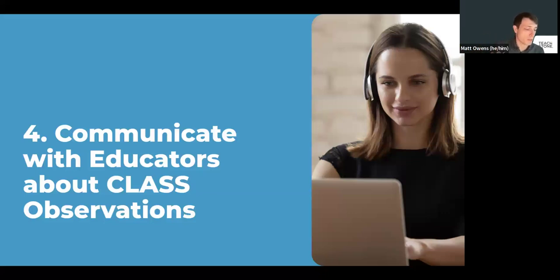And then the second piece of guidance we offer is to emphasize how observations link to improvement efforts. So if they're getting any amount of coaching or professional development, or if they have access to a library of resources, how does this information align to the support that they're getting to improve? And making sure that they understand these things before the class observation happens, so that educators are more likely to benefit from the really powerful data that they're getting, the powerful interaction they're having, hopefully in that feedback session, about